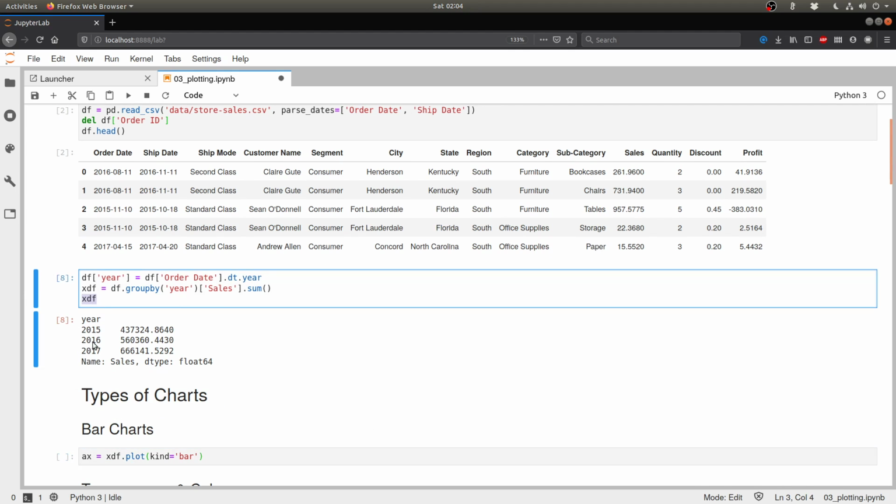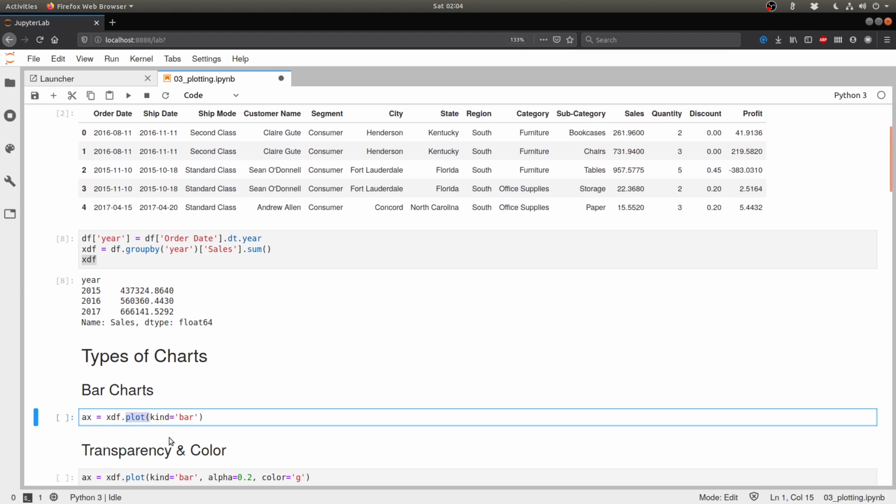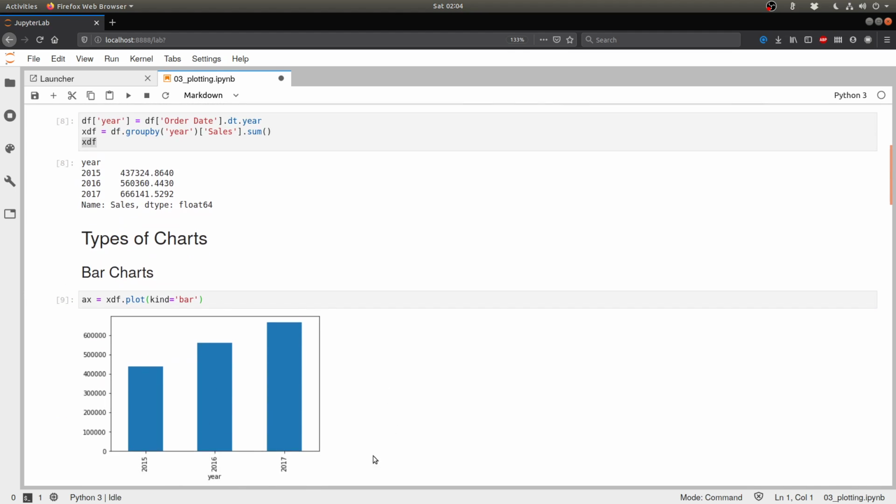We already have this yearly sales data present in a pandas series. We can just say x.plot kind equal to bar, and there it is. Now you see that we have three bars, one for each year, 2015, 2016, and 2017, and they are increasing, which means that my annual sales are increasing as the years go by.